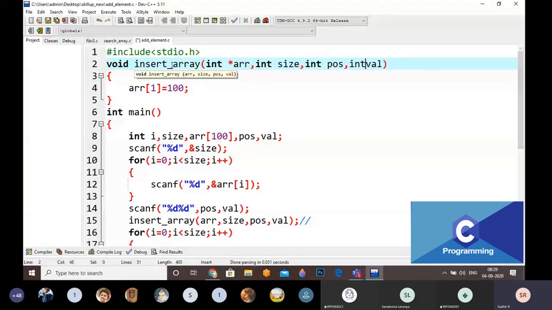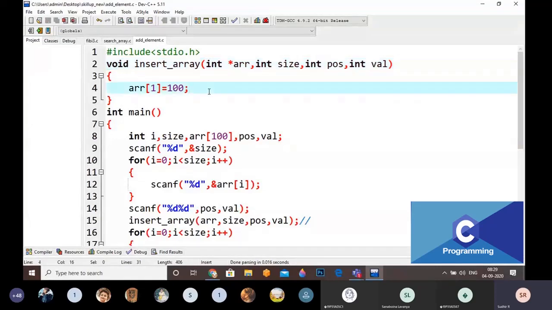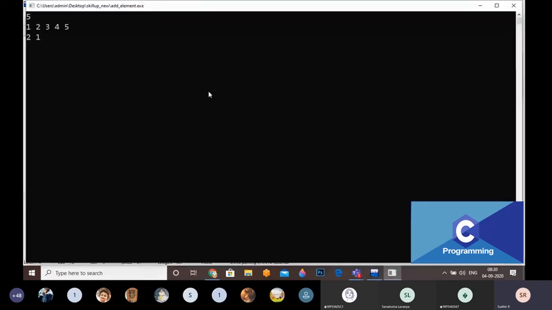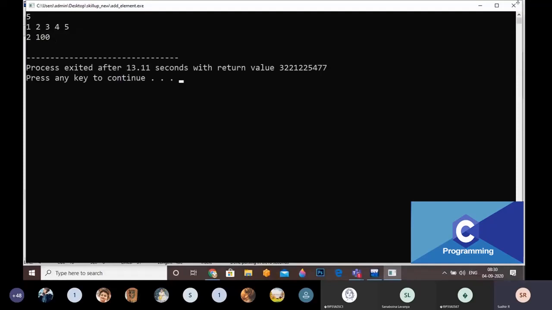Okay, that's it. I am going to modify here ARR of 1 is equal to 100 and execute it. For example, 5 values: 1 enter, 2 enter, 3 enter, 4 enter, 5. The position is 2. For example, I am giving 100. It is not writing anything.